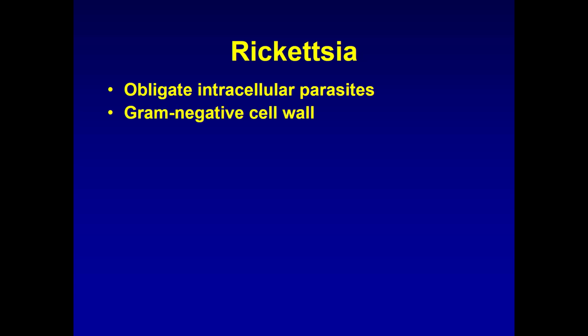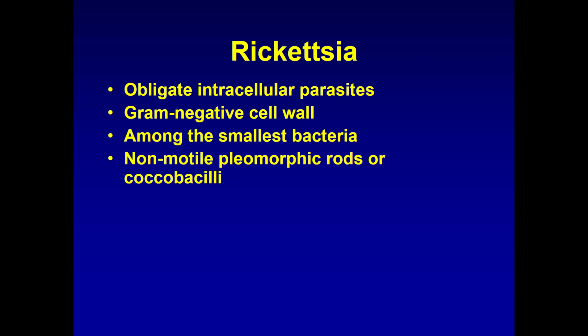They do have a gram-negative cell wall. They're itty-bitty tiny, like I said. They are pleomorphic rods or coccobacilli. Now, pleomorphic, this is a word that might be new to some of us. Pleomorphic means that it is changing form. So if you were to look at these, sometimes they may look very rod-shaped, and sometimes they may look like a coccus, and anywhere in between, and sometimes they can be club-shaped, or sometimes they can be, imagine a shape, triangular, or dodecahedral, or icosahedral, all words we love, right?